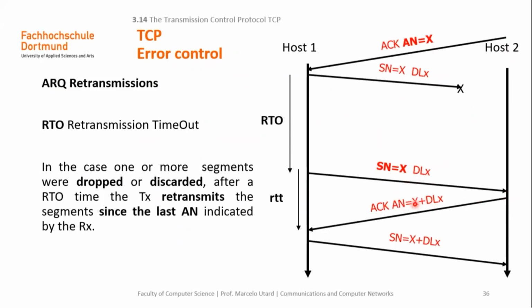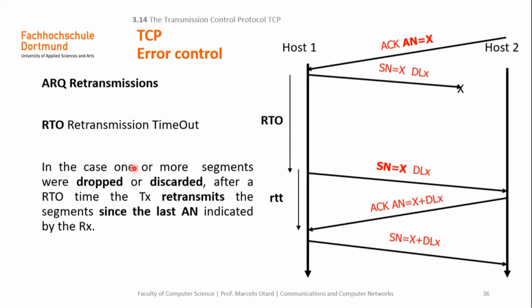And implicitly, this means that X plus DLX minus 1 and before are octets that already were received correctly and stored in the receiver buffer. And then, for instance,